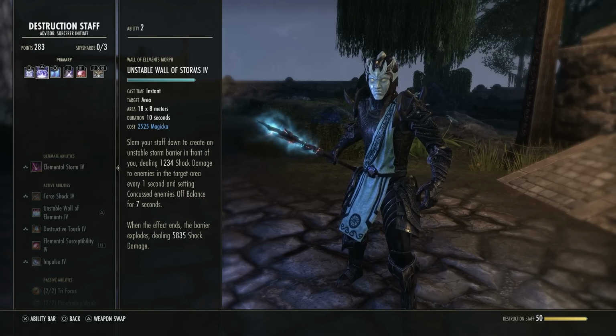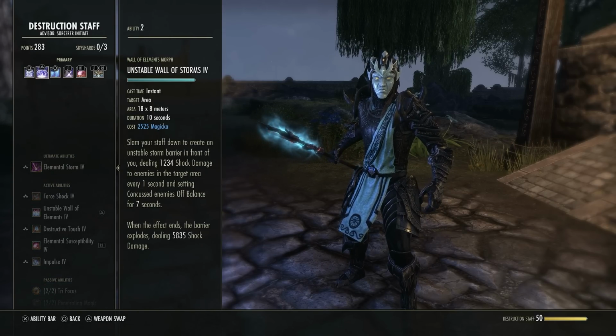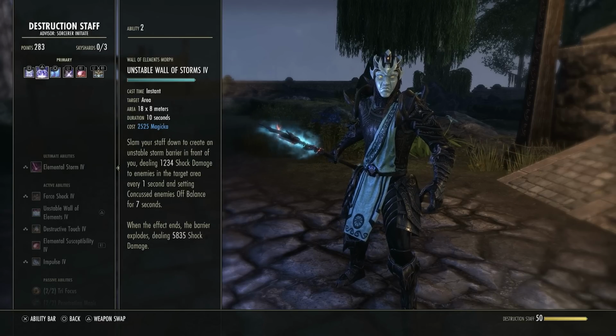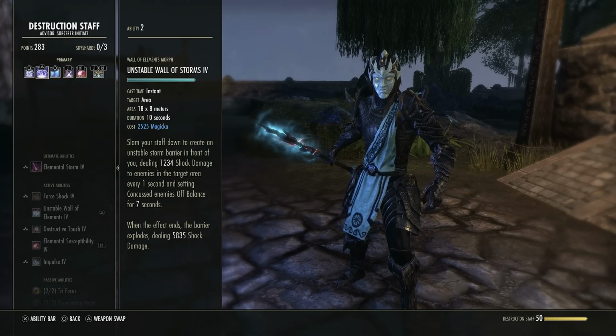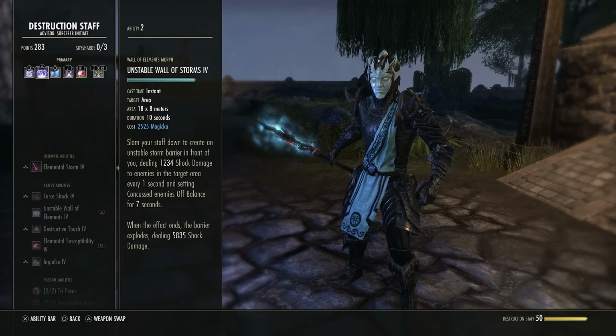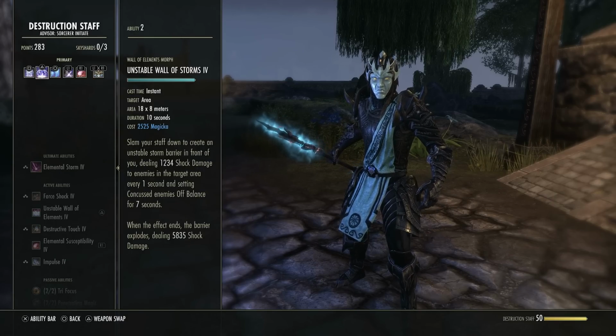Basically, because we're using lightning, this will do shock damage every second to all enemies inside of it. And when it finishes, it will blow up. When it finishes, that doesn't mean when the 10 seconds is up. That means if you recast it as well, because the old one is over and the new one has started. So technically, AoE spammable if you really wanted it, but as soon as you replace it, the last one goes